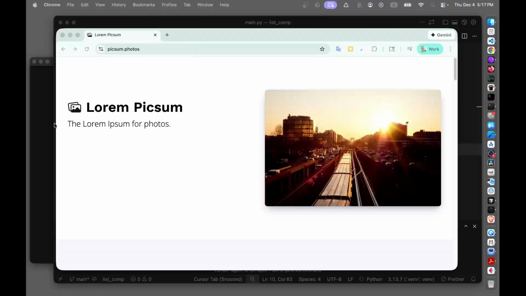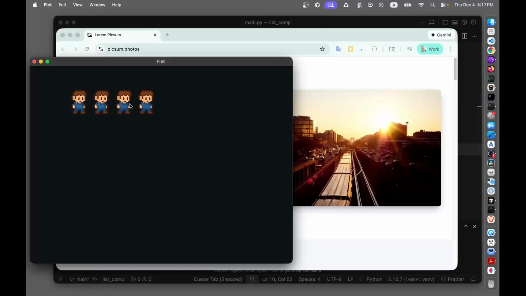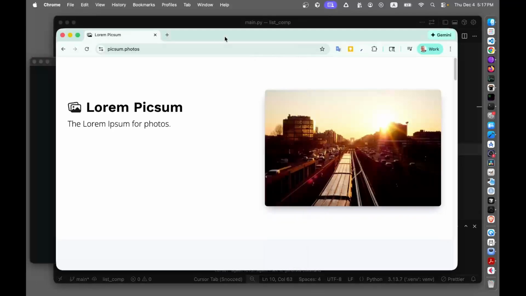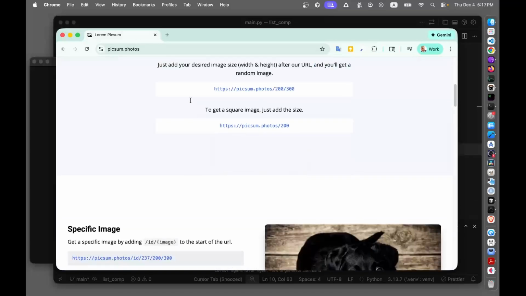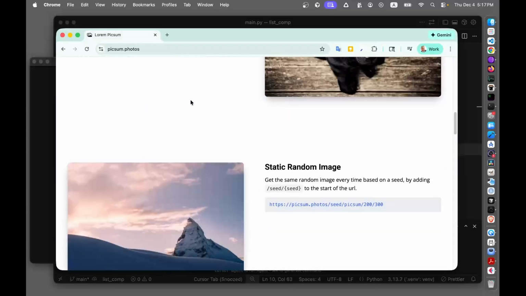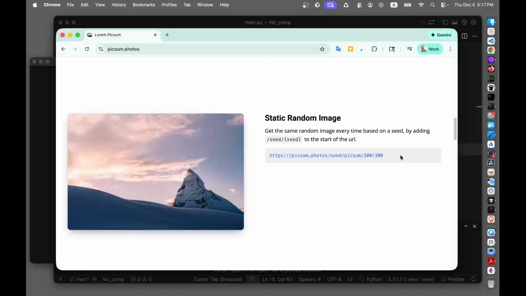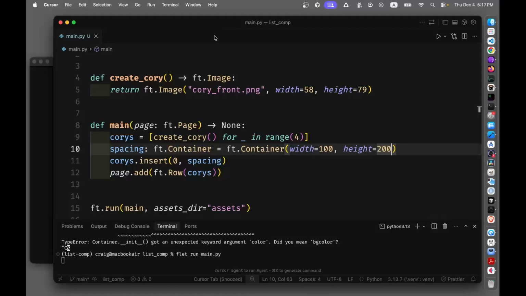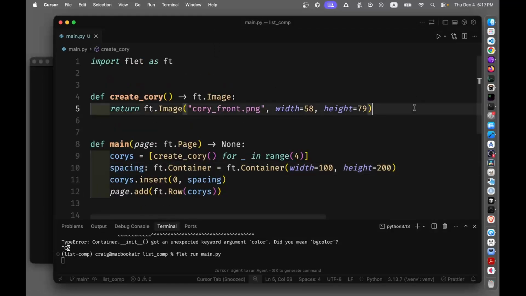We've already got the list comprehension down, but maybe we'll practice it one more time. I'm using this site called picsum.photos, which you can use to get placeholder photos. And there's a URL here for a static image. So I'm going to copy the static image into my clipboard, and I'll put